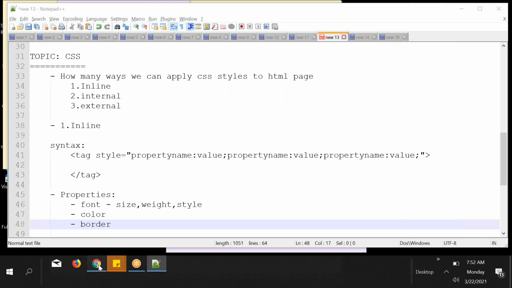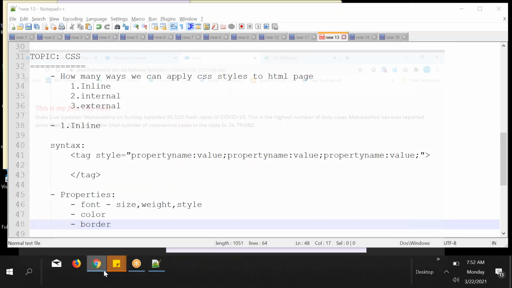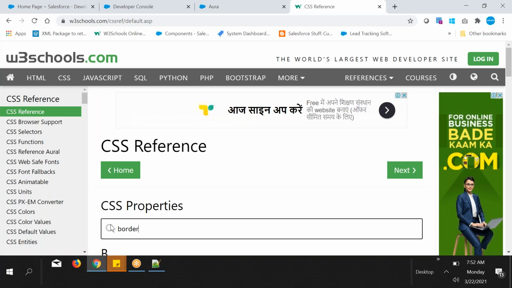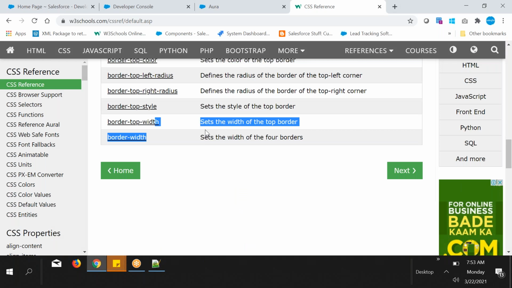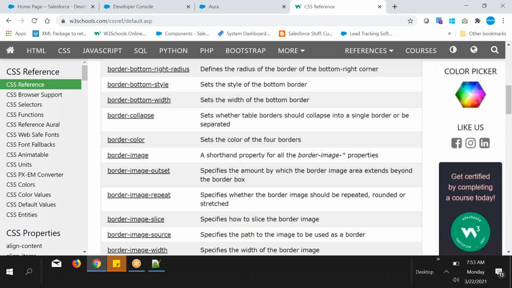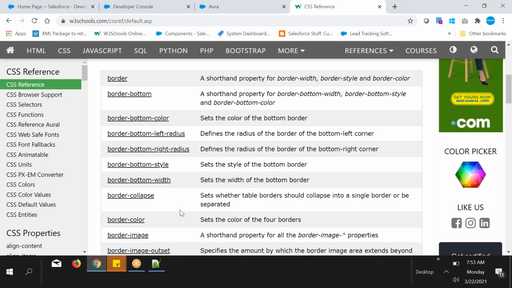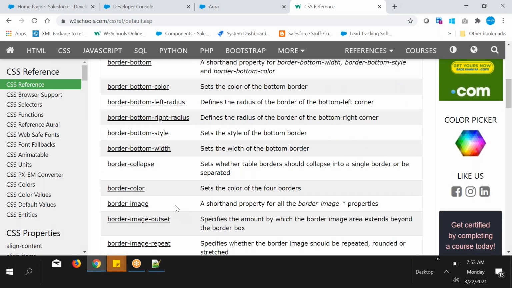So go here and search border. Okay, here, border. Have you seen, with border again so many properties are there. Okay, let's go here. I want to go with border color. Let's see here. Okay, so let's copy this one.